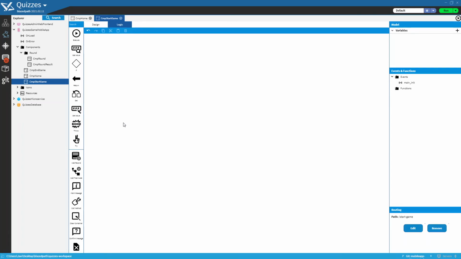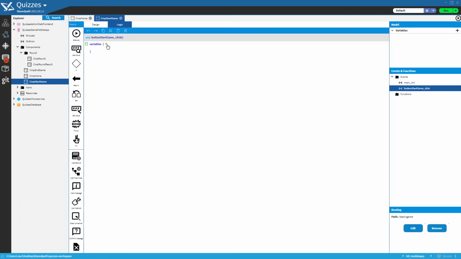Now let's start with the button logic. In here we are going to need to get the player name and topic, validate against null with an alert if they are null, then make an API request to the microservice to have the game started. And finally, we will navigate to the CmpRound component, passing over the starting model with the game ID obtained from the microservice. So we are going to go to Functions, Events, right-click, and we are going to look for the